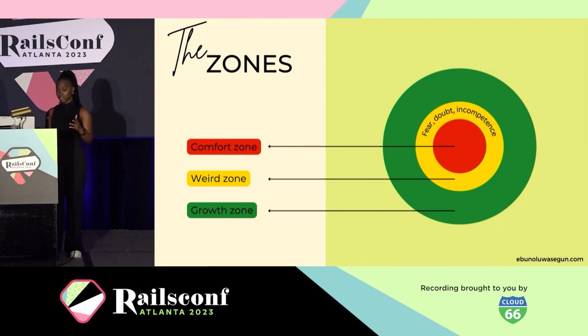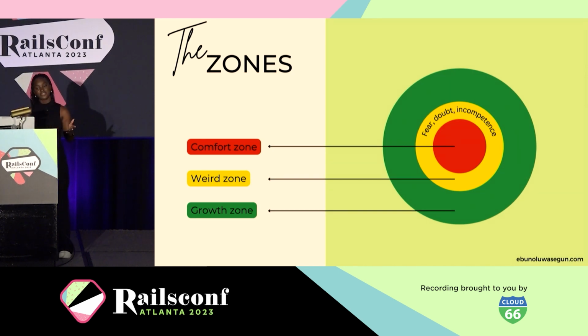Now, your comfort zone is your zone of neutral performance. So in this zone, you're not gaining any net new skills, but you're good at your job. You can do whatever you have to do. You know the piece of code to touch. You know everything that you have to do. You could basically write the code in your sleep. You can build the features in your sleep. You know exactly what you're supposed to do, and you're working on cruise control, basically. Now, this is not necessarily a bad thing, but you're not gaining any new skills.